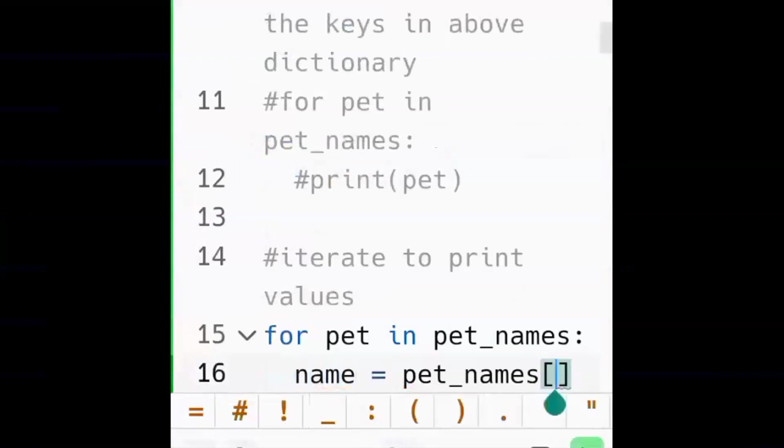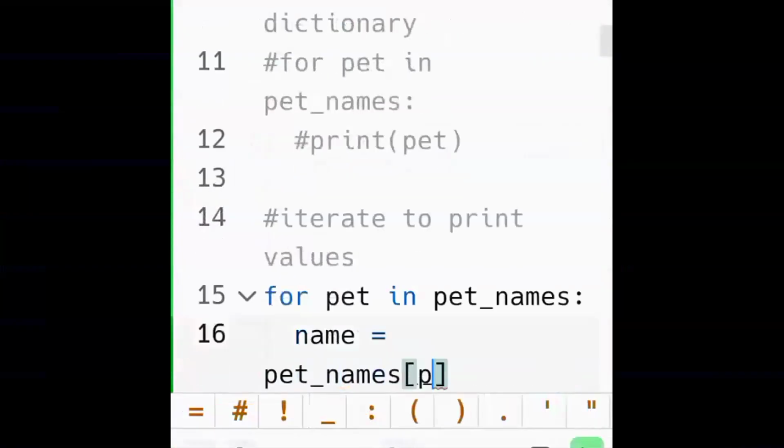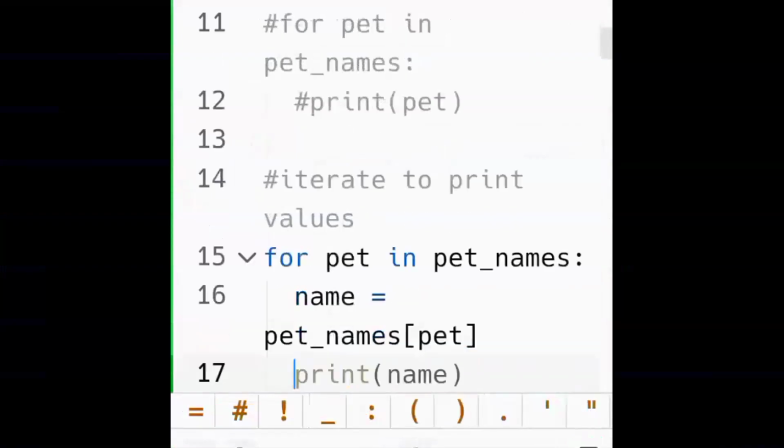You want to have the pet names of the pet. So the name is going to be pet names pet. Pet is a key. So for every pet key, you want to have the pet names, and that is stored in the variable name.